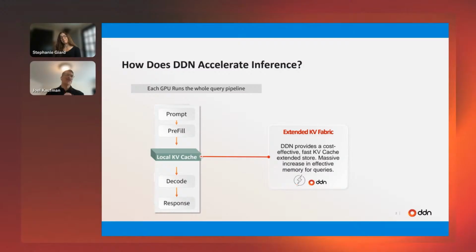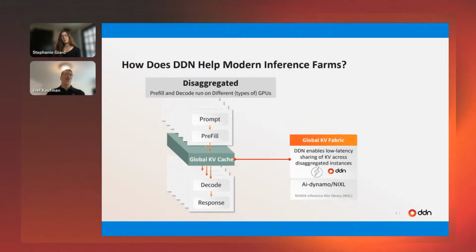Let me throw up one additional slide here. Okay. So this is the use case for a single GPU, right? But what if you have a big farm of GPUs, NVIDIA DGX systems, partner systems running all of their compute? Well, now you may have a type of GPU handling the prompt, a different type of GPU handling the response because they're optimized a little better. Maybe you just have a large farm where you're sharing this.